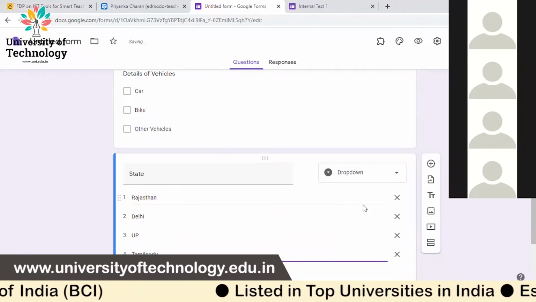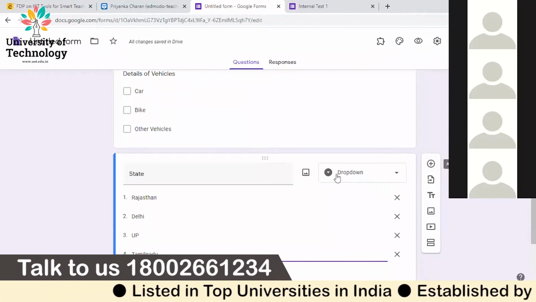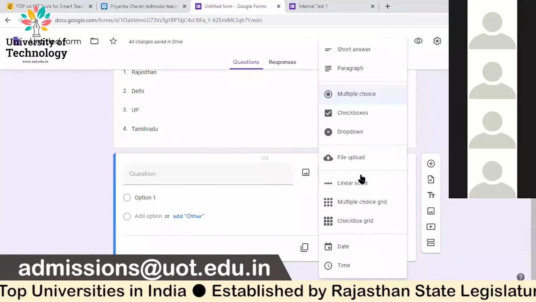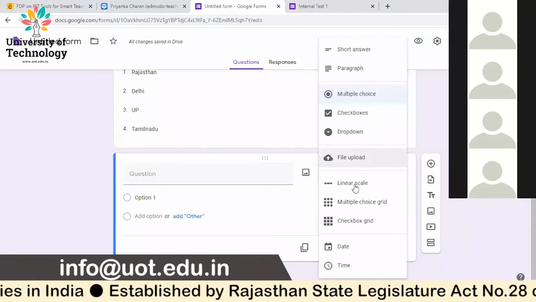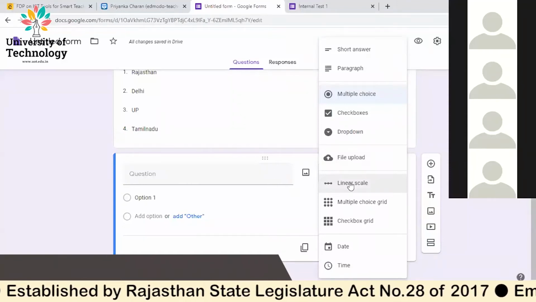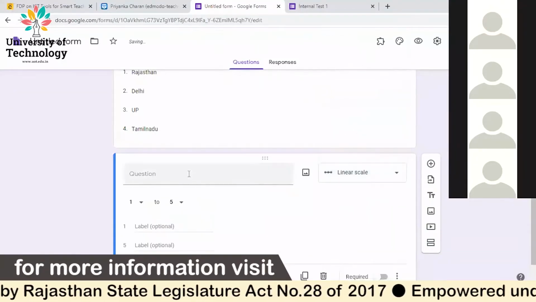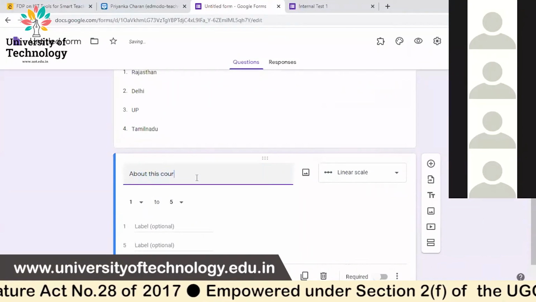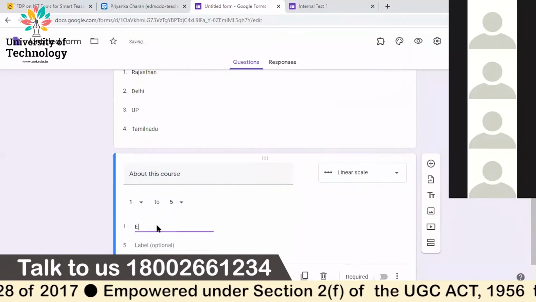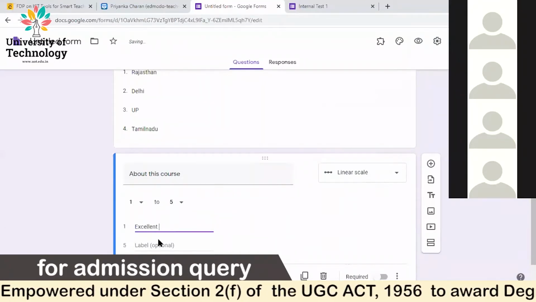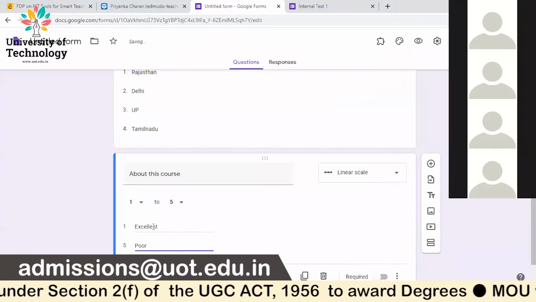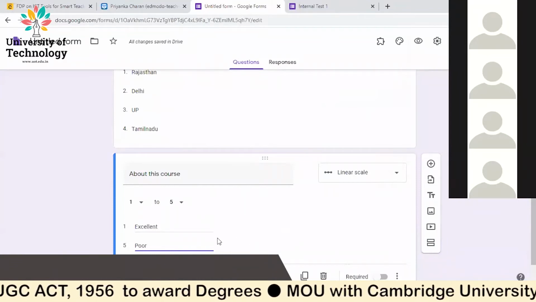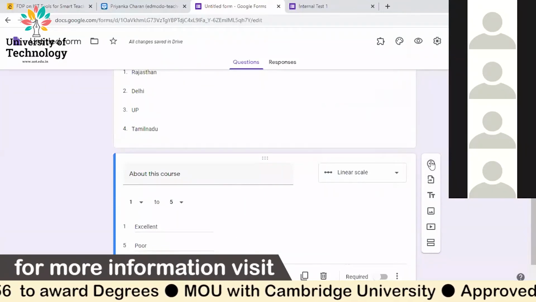So likewise, there are options. Now look at here, I'm going for the next one. See, this option gives you drop down. Now the next question. I will show you the preview, don't worry. File upload, I've taught you already. Linear scale: for example, if you're going for a survey based on a scale, like very good to good, or about this course, excellent to poor, where the fifth option is poor. The first one is excellent and the second one is maybe very good. Accordingly, with the linear scale, you can get the score. And I'm going for the next one.